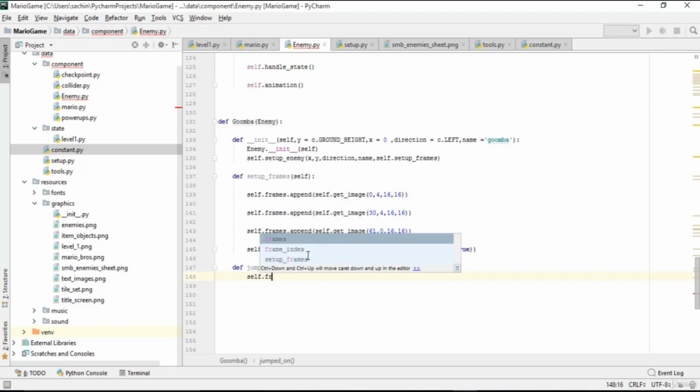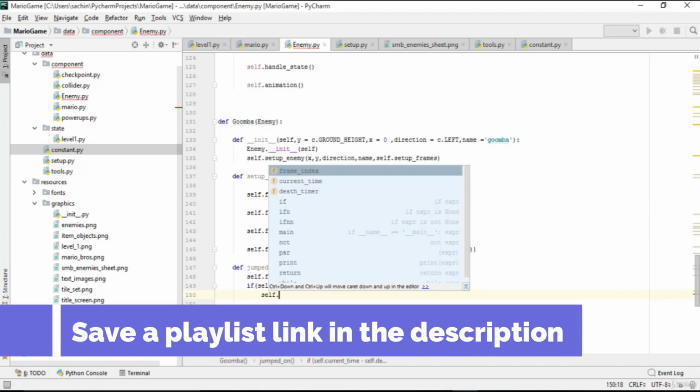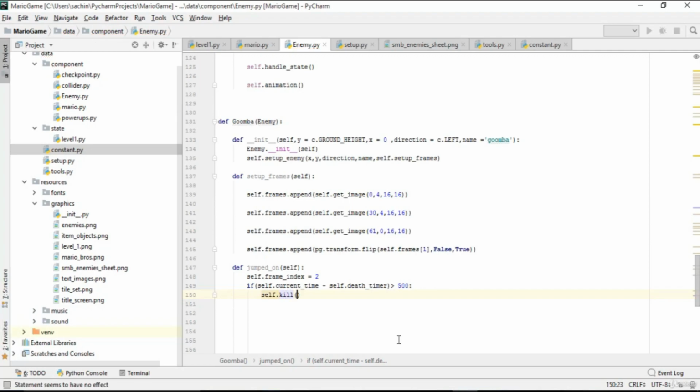So let me define the frame index for it. That should be 2, and I'll say if self dot current time minus self dot death timer is greater than 500, and these attributes are basically from this enemy class. So if it is greater than 500, you just want to kill that Goomba. So let's